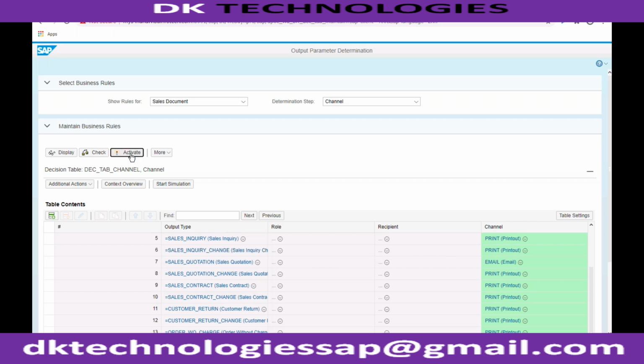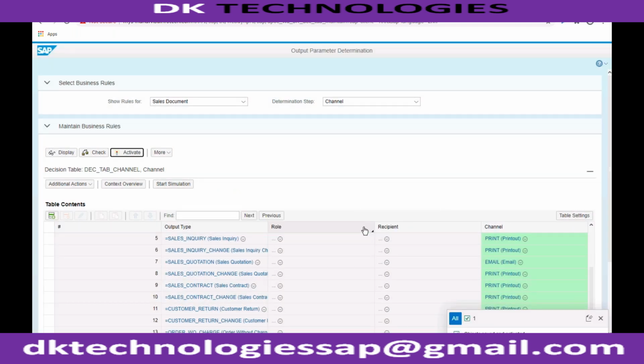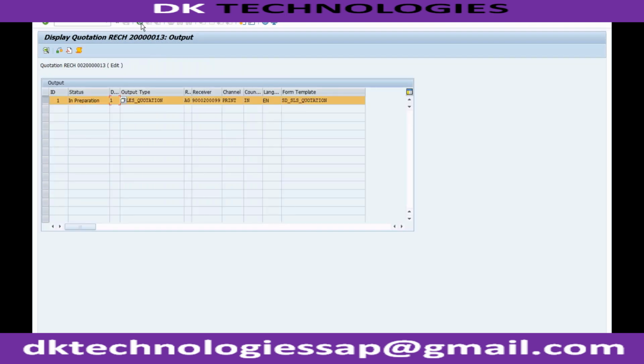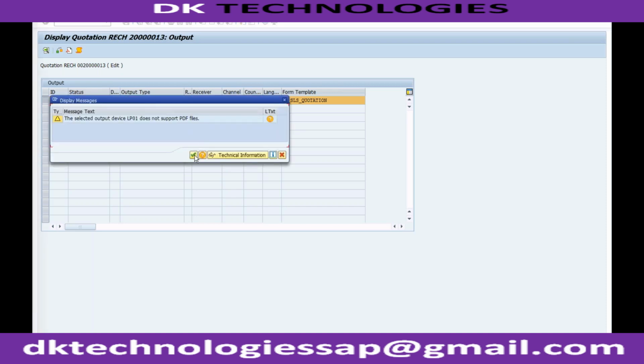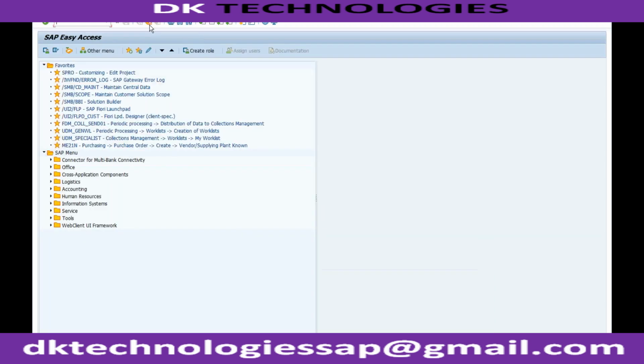So activate, yes, it should be updated automatically. It doesn't take this much time. Normally, whenever you make any change, even in OPD, even the system will tell you that the output is compiling. Here, even that is not coming. System is even not saying that the output is